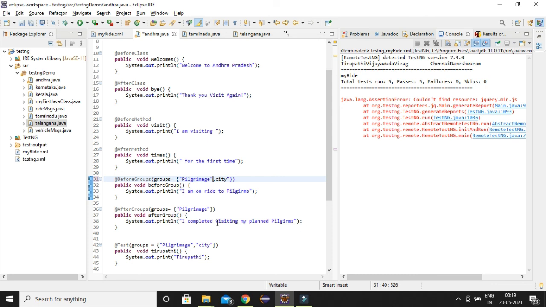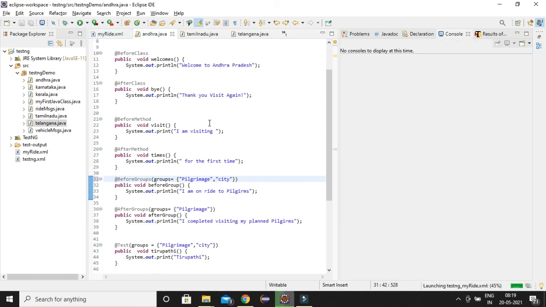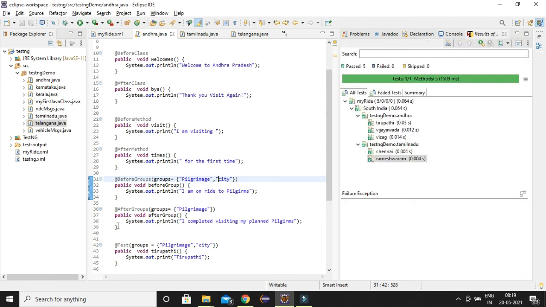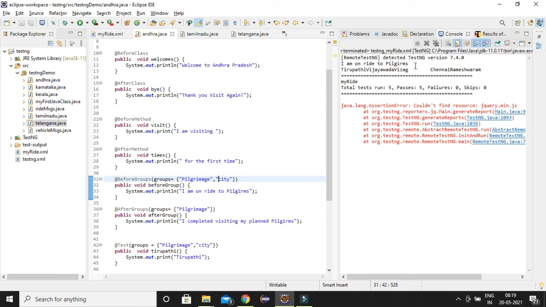I'm sorry, it should be like this. So before group should be executed for city now, after group will not be executed for city now. Okay, the before group got executed, but after group didn't get executed because I'm running city group, and for a city group we don't have any after group.